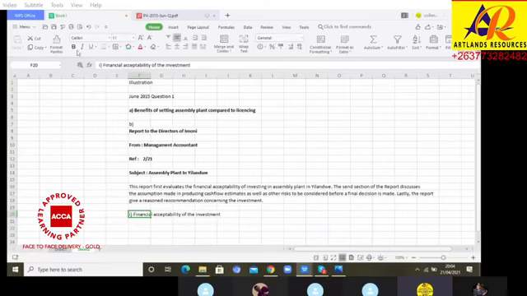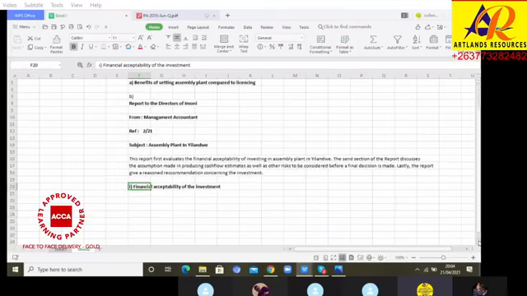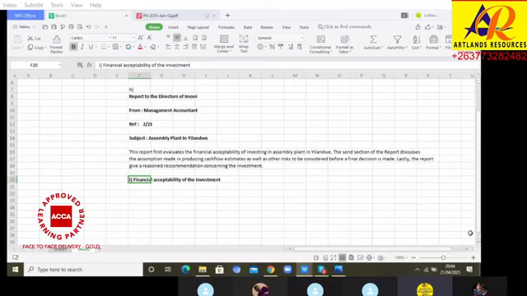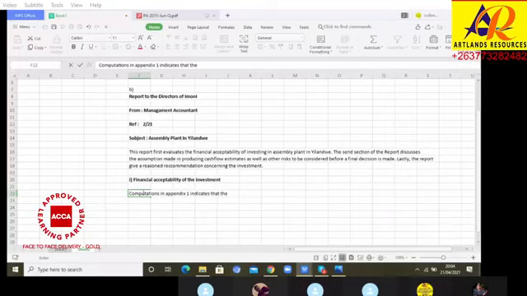So what I then do is, because it's a report, I know that examiners want me to put my workings in the appendices. I don't put our workings in the word processor. So what do I say? Computations in appendix 1 indicates the project is financially